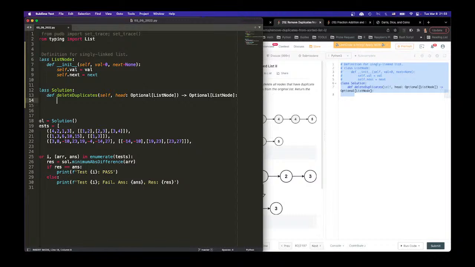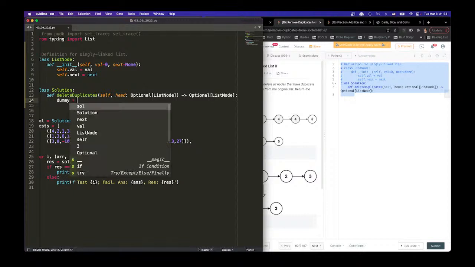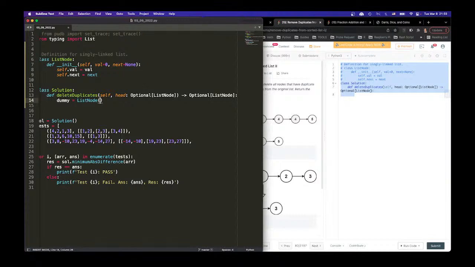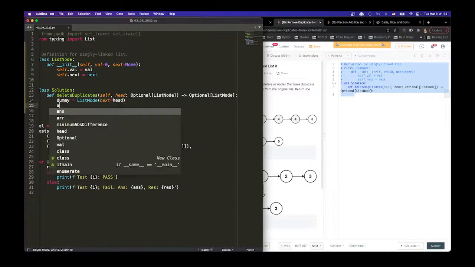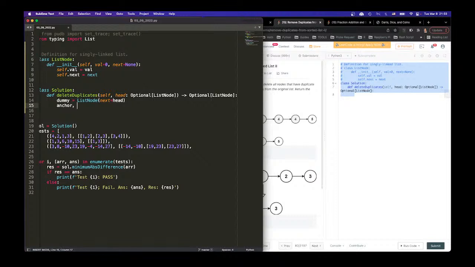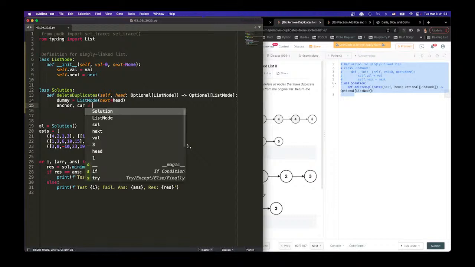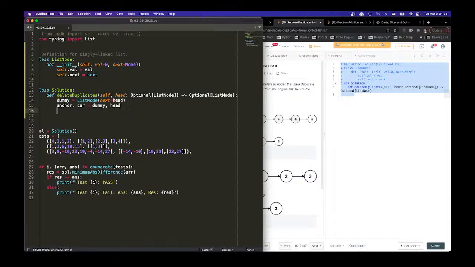Alright, delete duplicates. What do? Well, we have to get a dummy. Alright, dummy will equal a ListNode. Next will equal head. Alright, and then we have anchor and current equals dummy and head. Right, and we say while